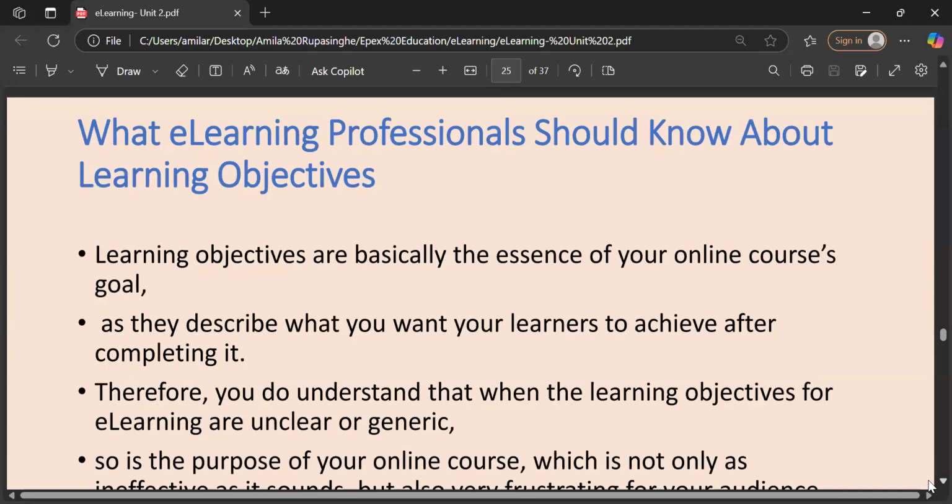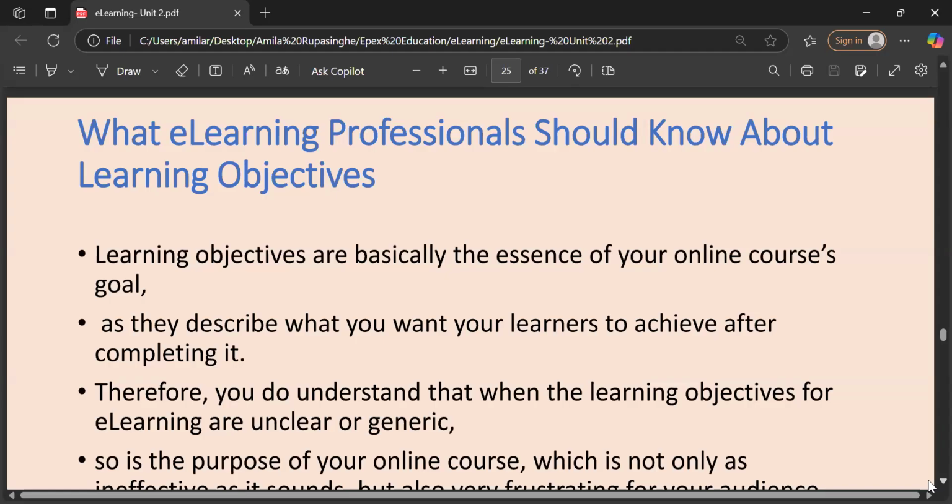So specifically, now it comes to e-learning. When we design e-learning models, e-learning materials, e-learning instructional design, that means curriculum, the people who do this, curriculum developers or professionals, should know these things, right? Learning objectives are basically the essence of your online course's goal.